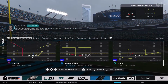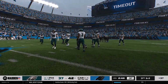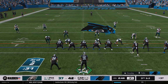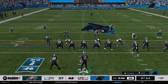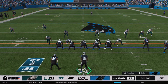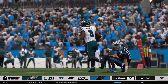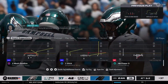So the Eagles will use their first time out here. Talk things over before 3rd down. Ready, ready. Yellow, 22. Blitz coming. He'll throw it. And that is incomplete. So prior to that 3rd down call, Mike, I thought they put themselves in a pretty